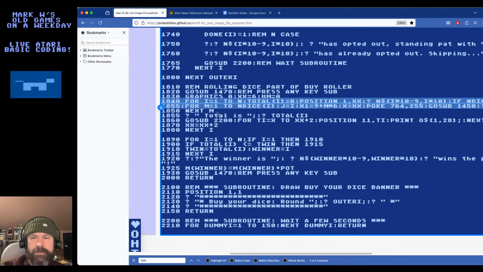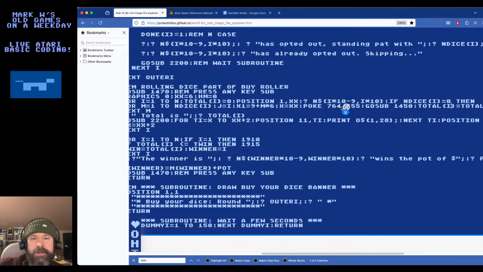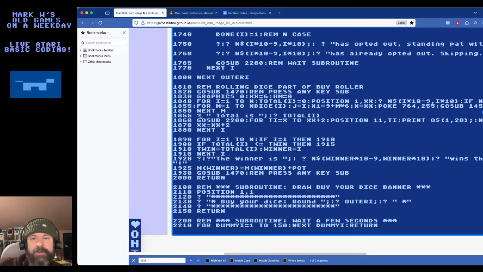So what I can think of is it's somehow reaching next M before getting to this 4M equals 1. So how could that possibly happen is the question. If n dice I equals 0, then 1850, it could go down here. Next die goes back over here. I feel like it should work.